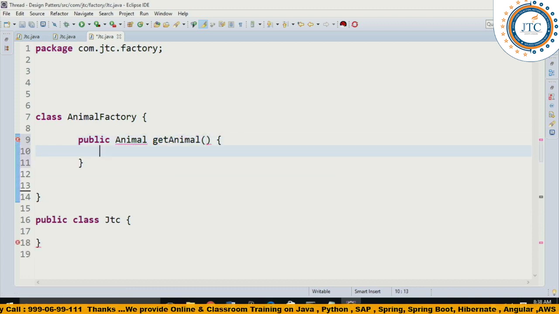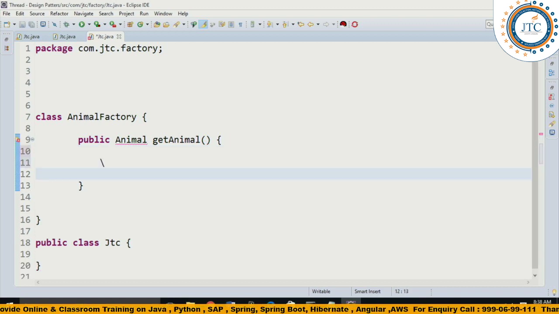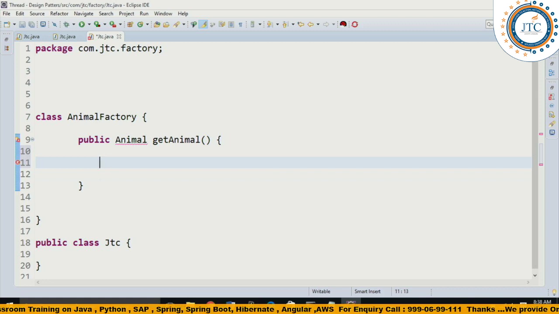Get animal I am writing, okay. So this is one. The very first thing is that this factory is going to give you the animal. What animal is it going to give? So the factory will give the animal. Now it depends, we will see whatever raw materials we provide, based on that it is going to give